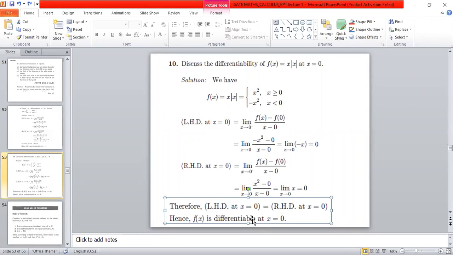Next question. You have to discuss the differentiability of the given function, x into mod x. So x into mod x can be written as x mod x if x is greater than or equal to 0. This is just a function given to you, but we know how to write mod x. Mod x is minus x in case x is less than 0. If all the values of x are negative, it is minus x, and if all the values of x are positive and 0, it is plus x. So when x is greater than or equal to 0, mod x is x, so x into x is x square, and if x is less than 0, mod x is minus x, so minus x into x is